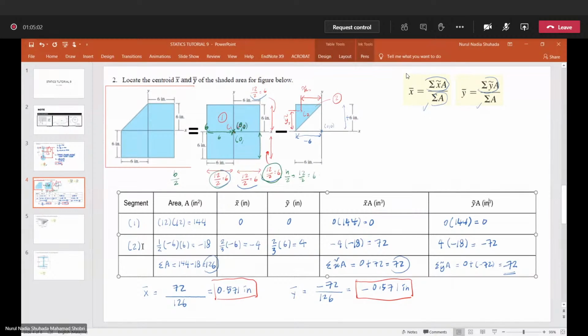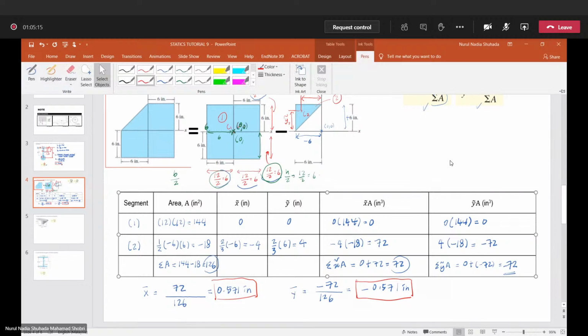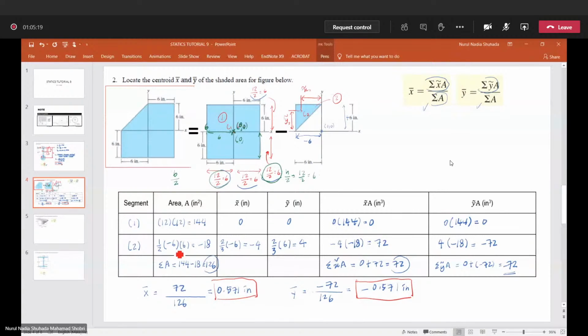Why do we have negative 6 here? You mean at the area? Yeah, the area here. Okay, so it's negative 6 because I write here